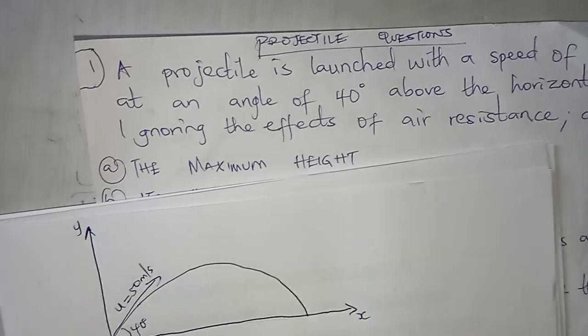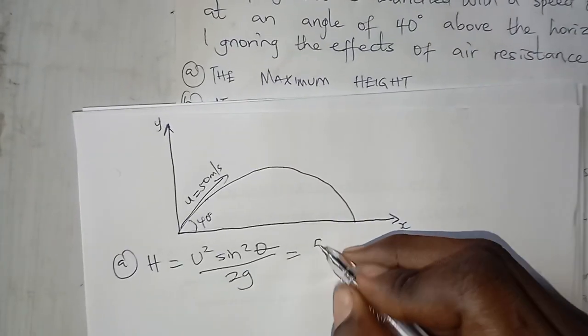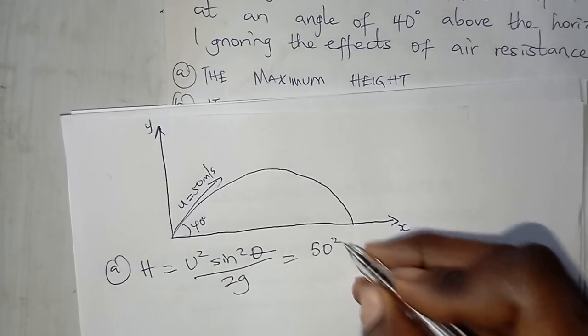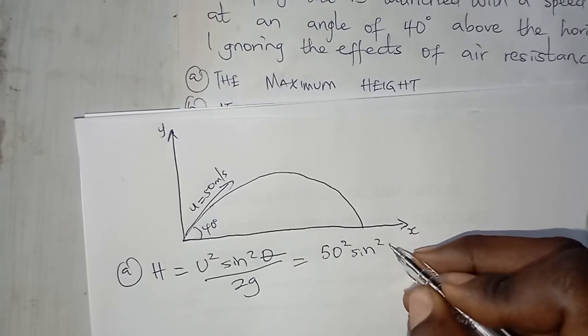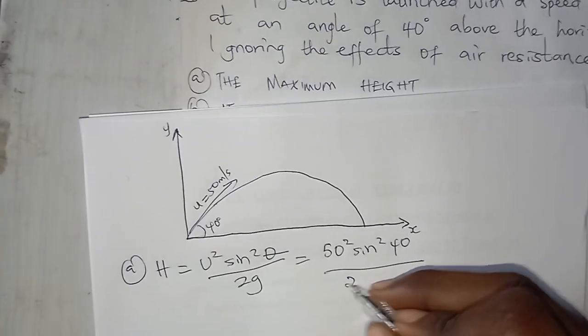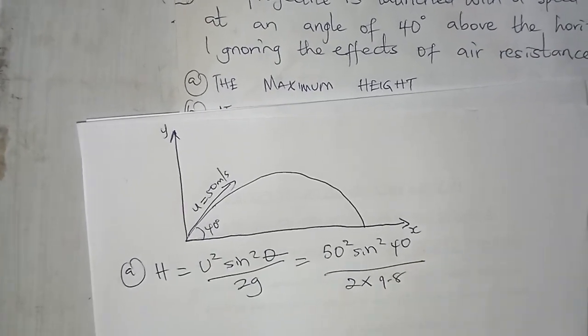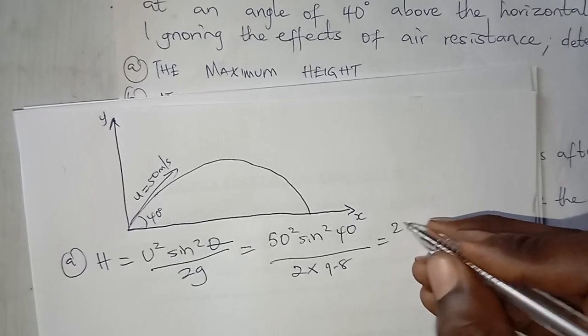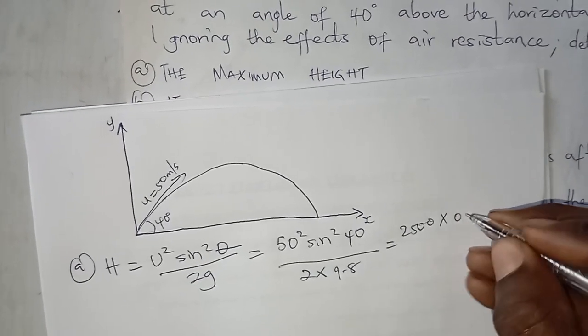So I'll have 50 squared sine squared 40 all over 2 times 9.8, which is